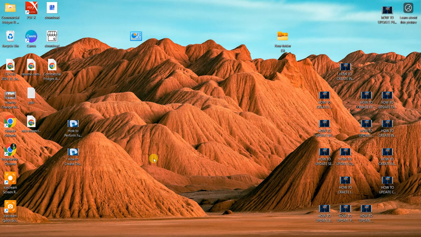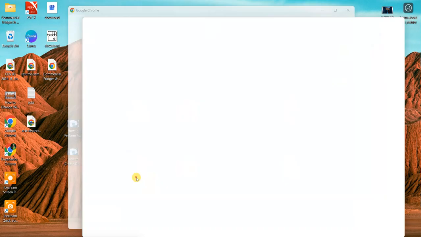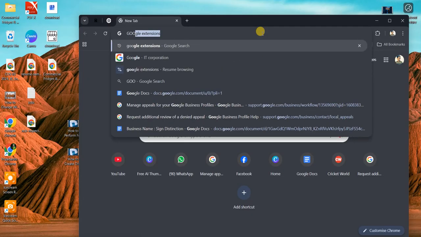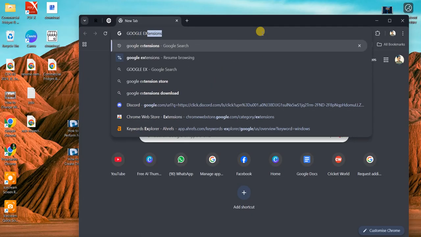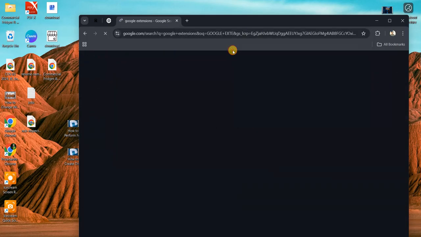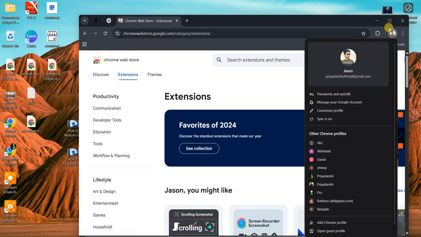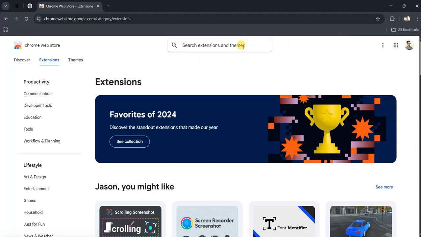In this video, I will show you the top 5 Chrome extensions to prevent virus ads, pop-ups and malicious websites. So let's get started. First of all, open the Chrome browser, open your profile, then in the search bar type Google Chrome extension and search it on Google. Now you can see the Chrome Web Store website. Open it, maximize it, and in the search bar